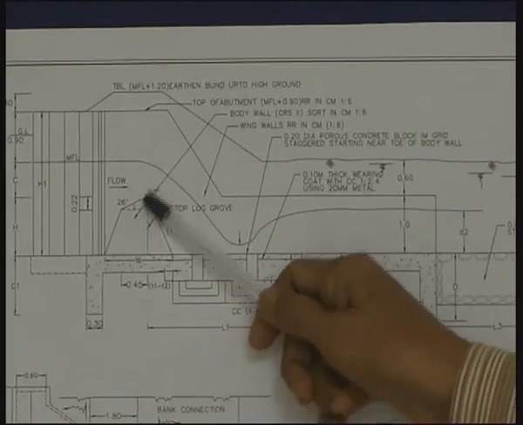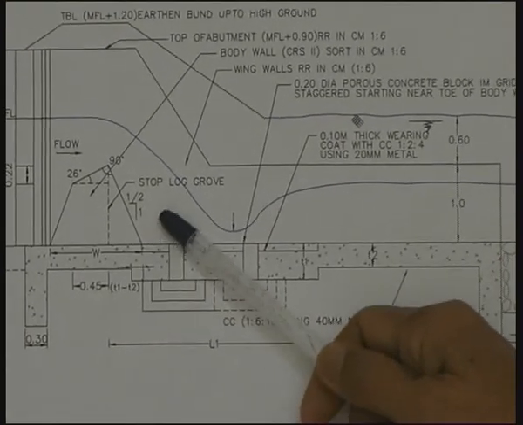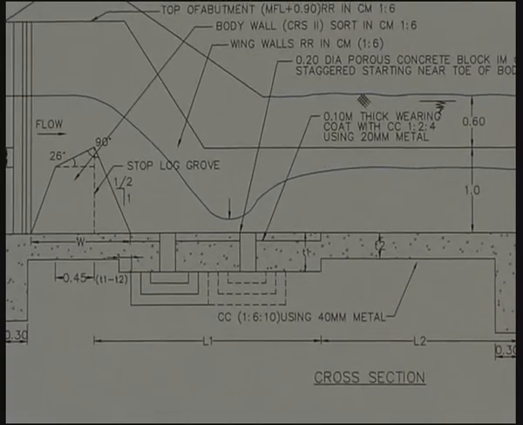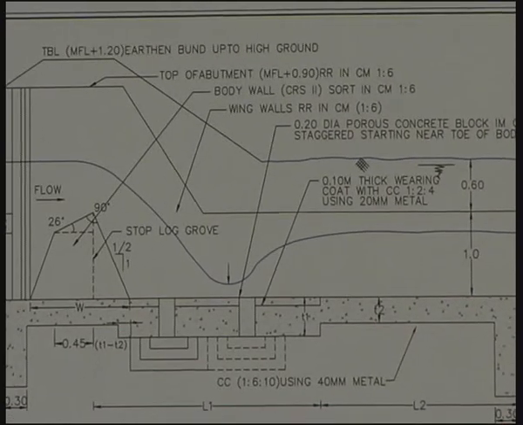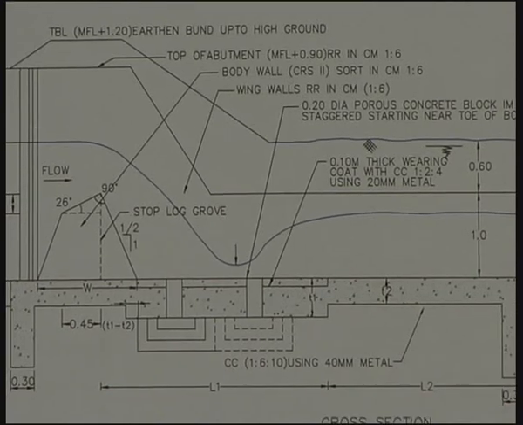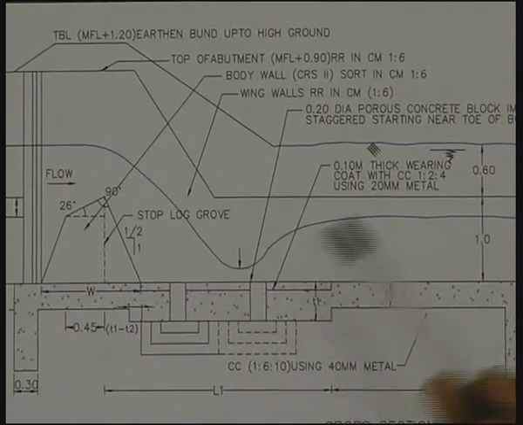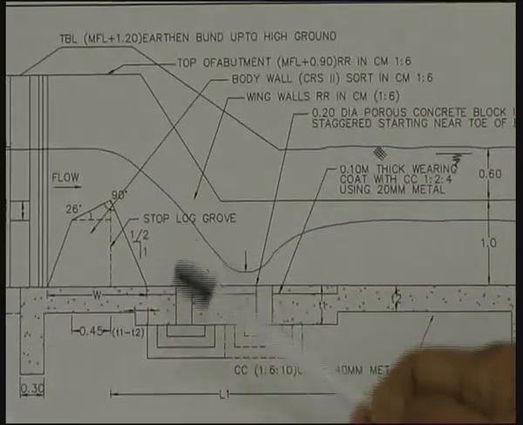Now such a body wall profile has a very high coefficient of discharge, which means that for a smaller length of a body wall, we can discharge a higher discharge when compared to a low coefficient of discharge. Or in other words, with a lesser depth of flow, we can discharge greater